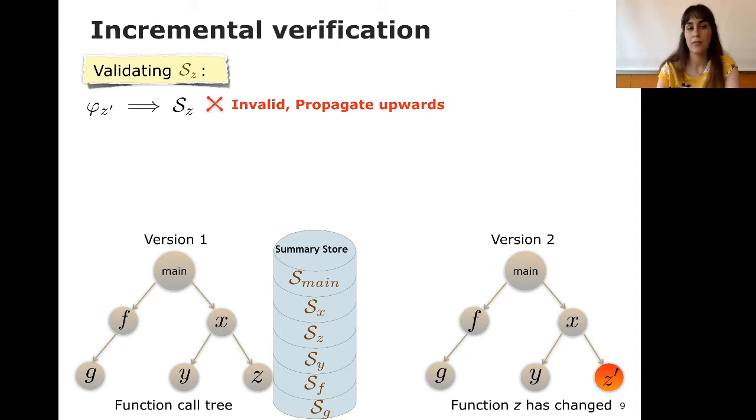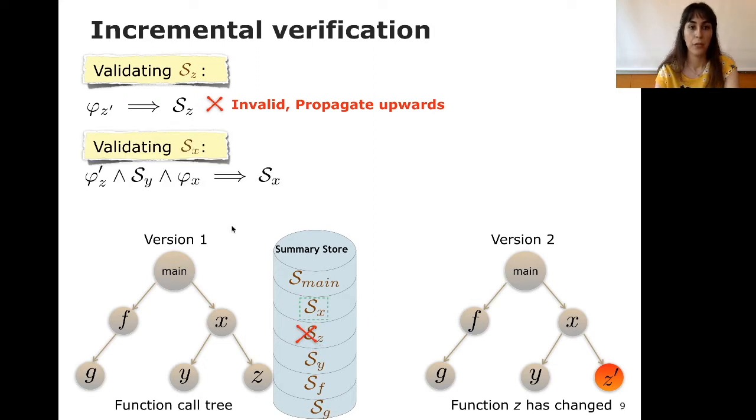Let's say this check is invalid. Then what we do is propagate towards the parent of this node, which is function X. So basically, we invalidate the summary of Z, and we have to check if the summary of X captures all